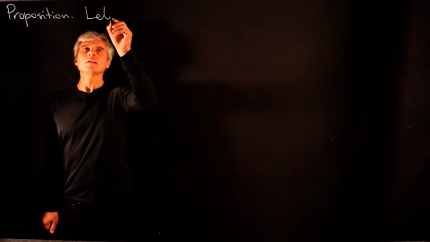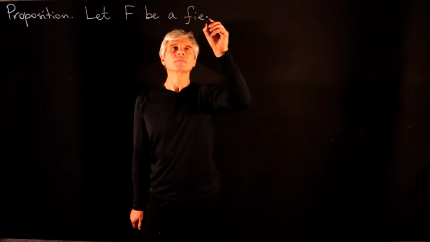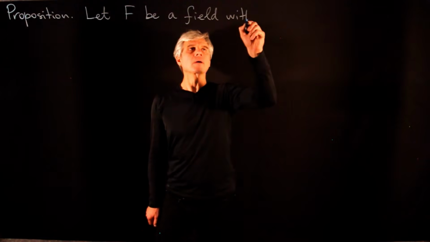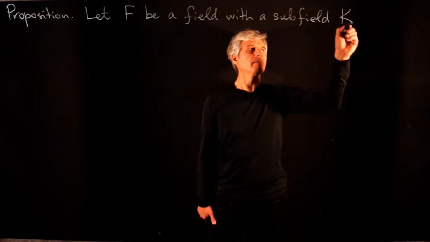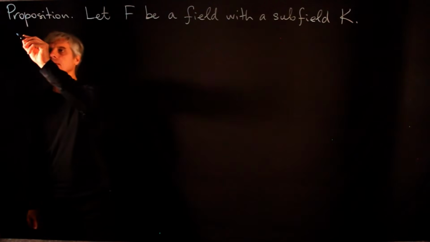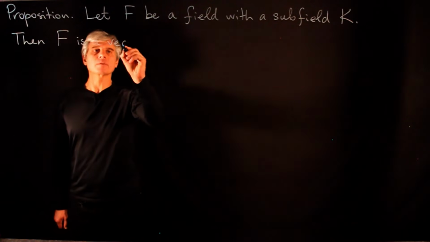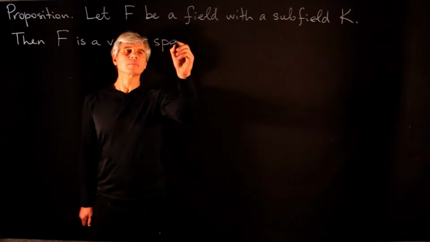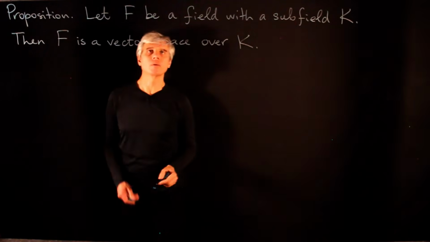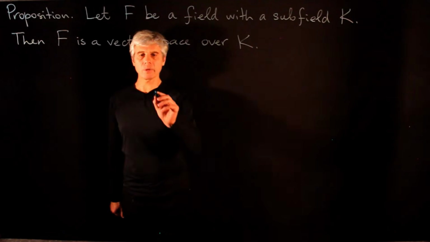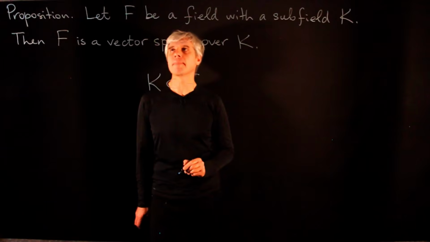Let F be a field with a subfield K. Then F is a vector space over K. Now, what we have here is two fields. One field sits inside a bigger field. And